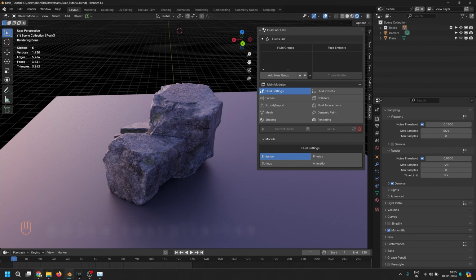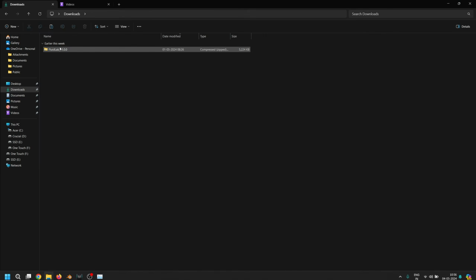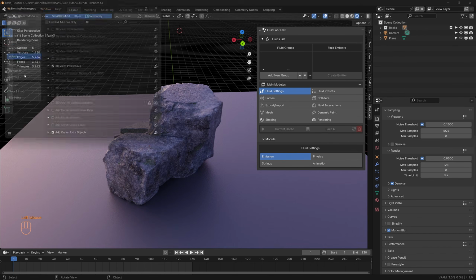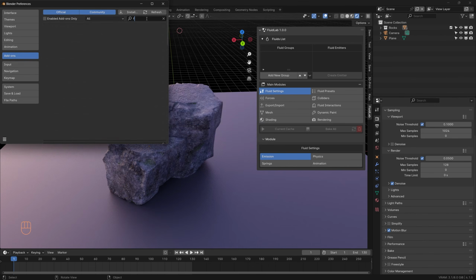Once the add-on is downloaded from Blender Market, we can head to the Downloads folder, and here's the add-on. In Blender 4.1, let's go to Edit, Preferences, click on Install, and we can point it to the add-on and then click on Install Add-on. And once the add-on is installed,